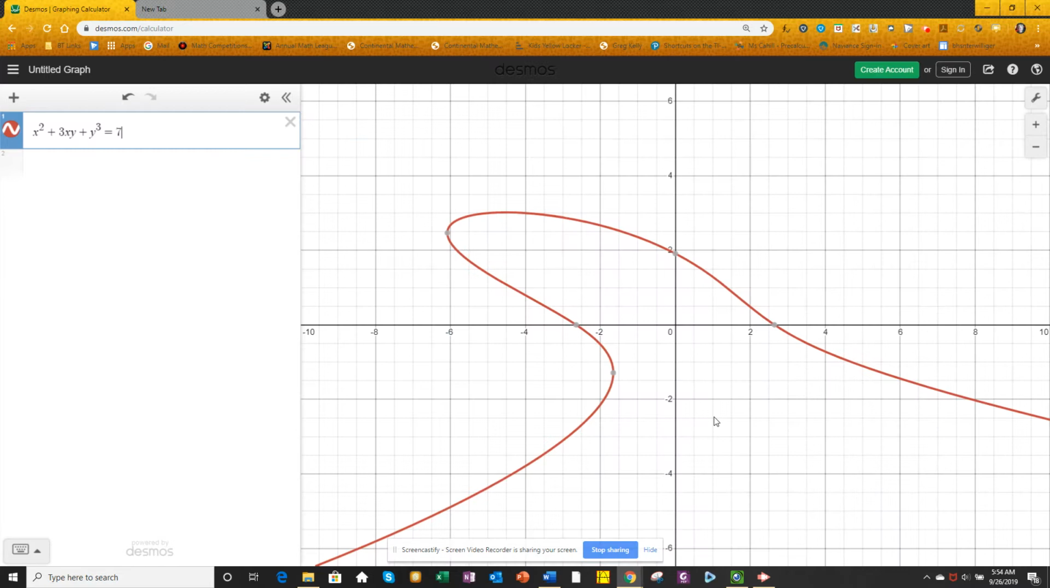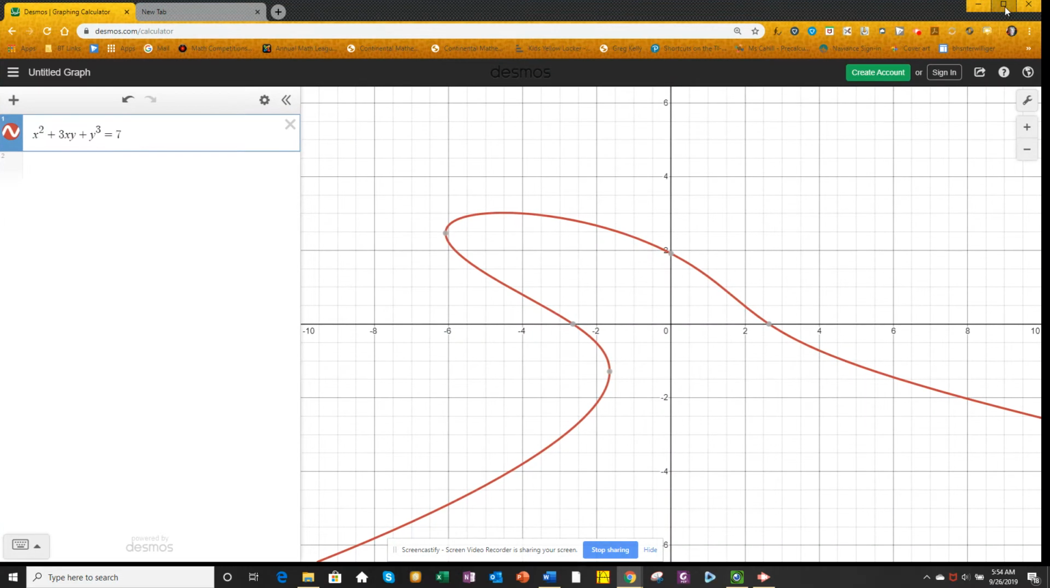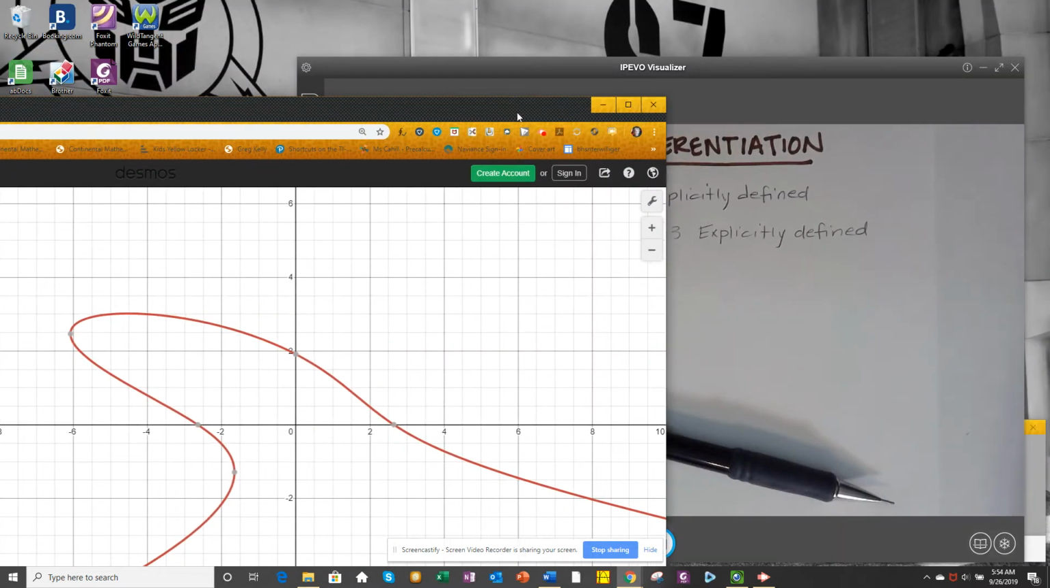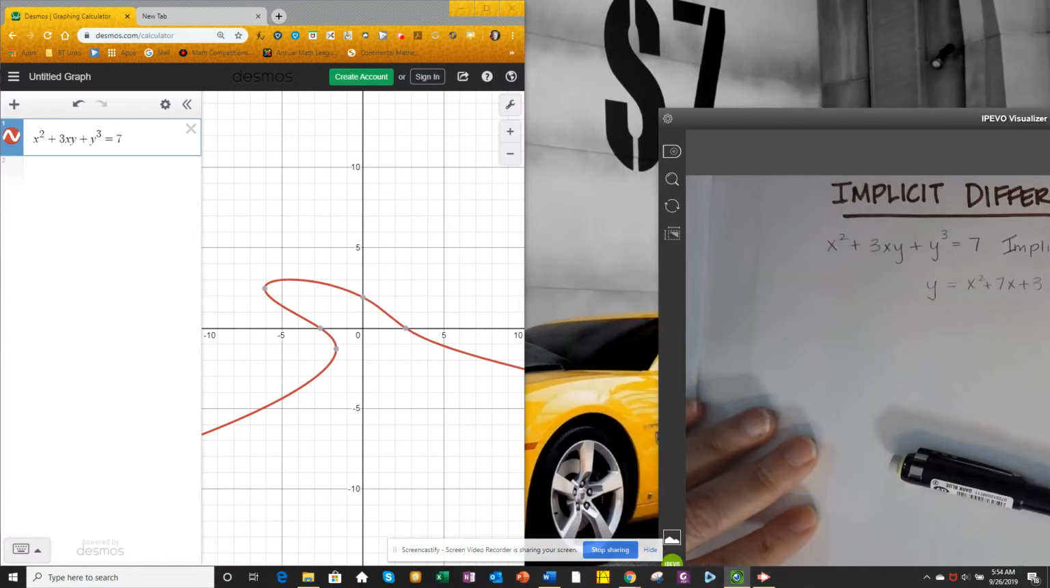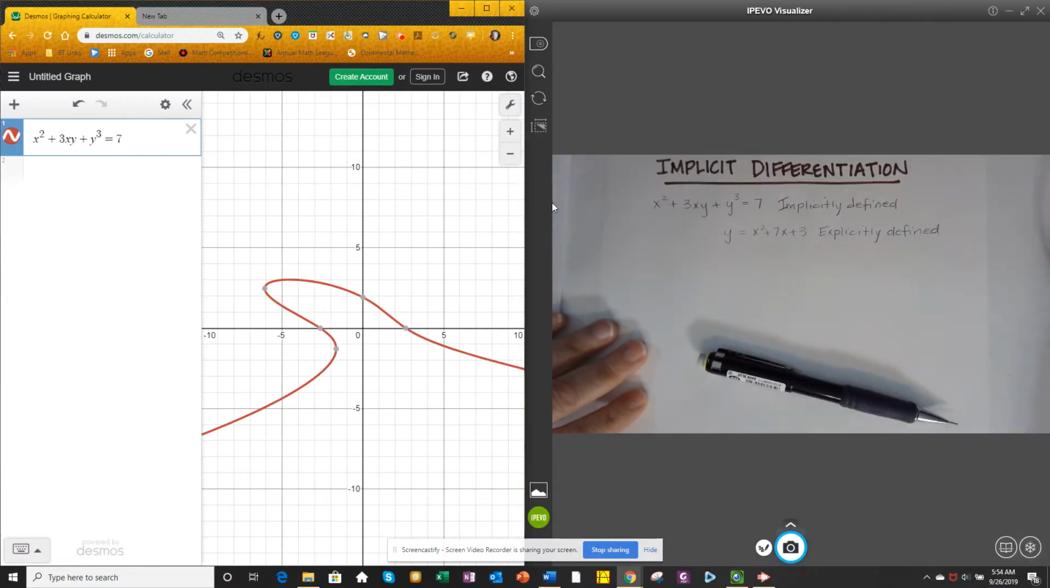And Chrome is being ornery here. It wants to always stay on top, so we're going to solve that. Okay, now